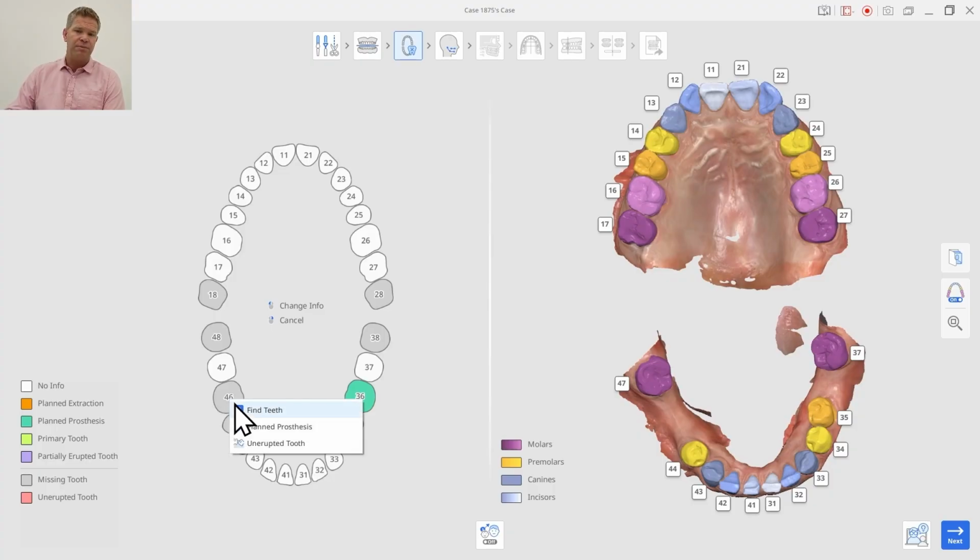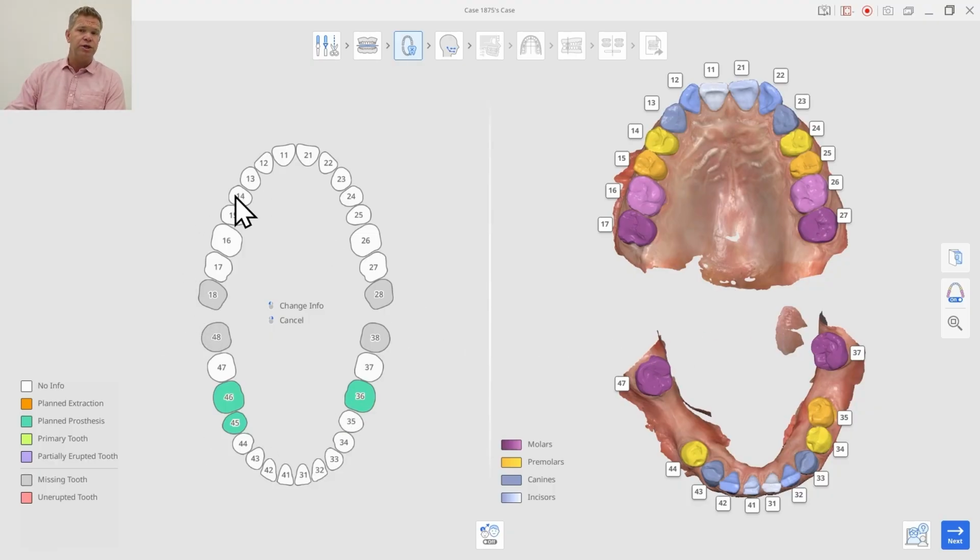And I'm also going to do the same thing with the 4-6 on this side and with the 4-5 on this side. And that's going to fill in those gaps and put a tooth from either the library or flip it from the other side and make sure that we're maintaining those spaces and planning out for where we're going to put an implant or some sort of restoration. So once I've identified all that,